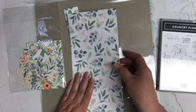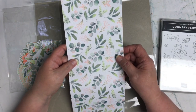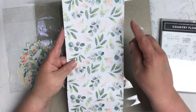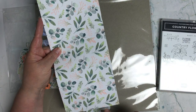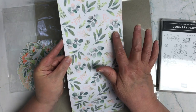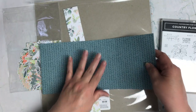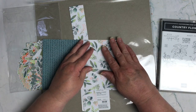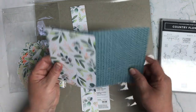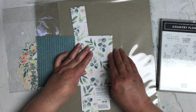So the first thing that you want to do is cut your piece to 5 1/4 by 12 inches. And then you're going to score it at 4 inches and 8 inches. And so I've already done that. So I'm just going to go ahead and burnish my scoring lines. And then the next step is to